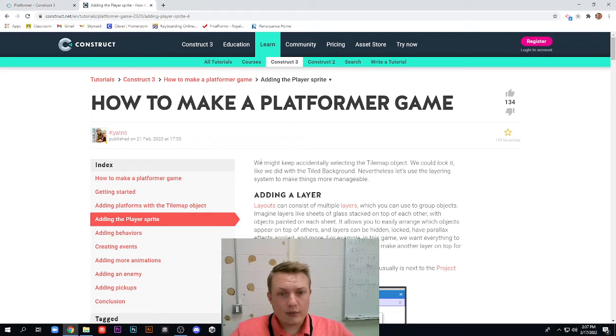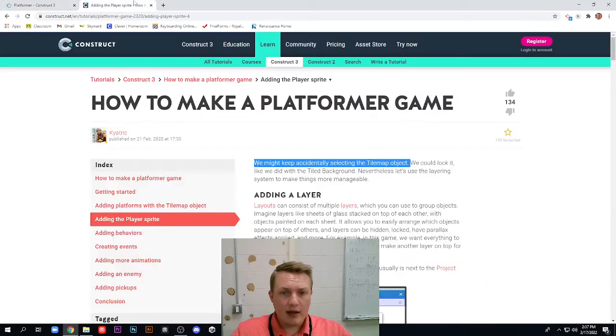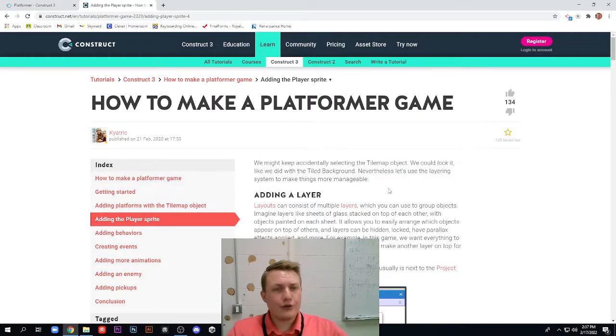Now, the big thing is we might accidentally keep selecting the tile map object as we're going here, right? In our previous video, we made this tile map. And as you can see, every time I click anywhere on my layout, it selects the tile map. Now I could lock it up like I did with the background, but we're going to use layers to make